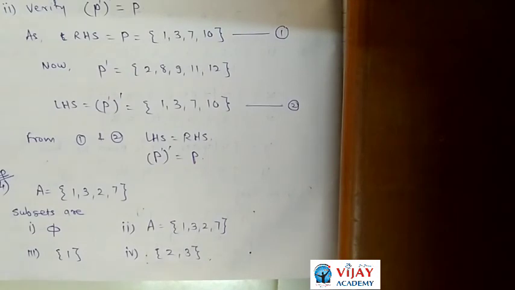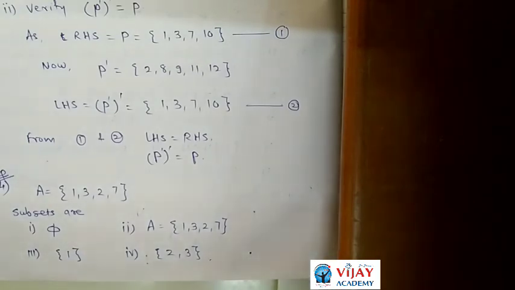B is a set consisting of only 2 elements, 1 and 2. Then write down the subsets. There are 4 subsets. If there are 3 elements, 1, 2, 3, there are a total of 8 subsets. You will try to find and send me the answers.